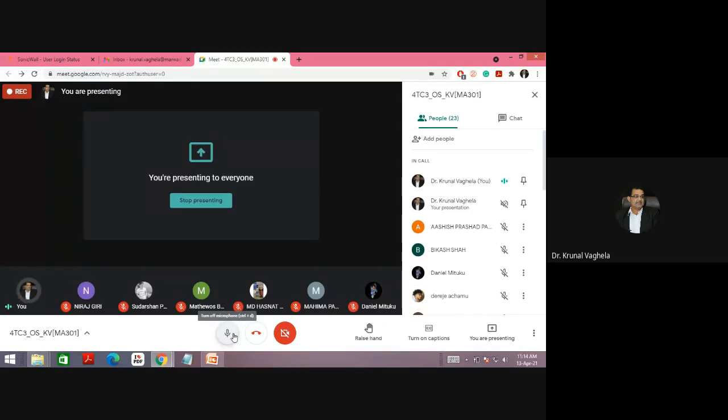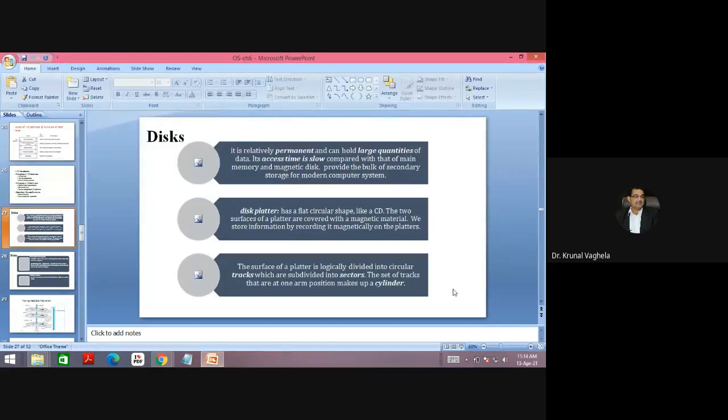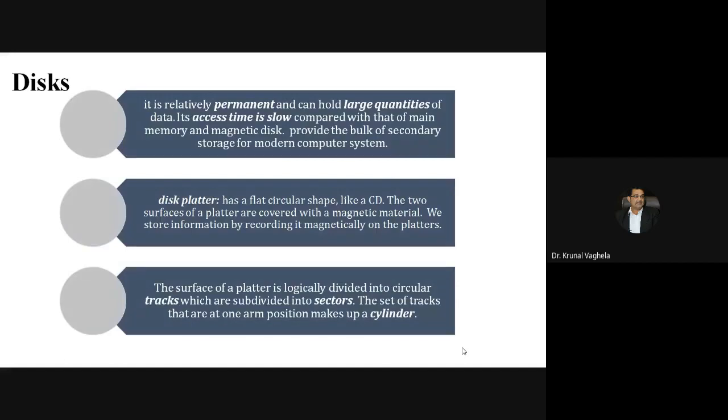I have shown a couple of videos to you, so you can have an idea of the basic structure of the disk that we have seen in the video, right? So let's continue and let's start from the disk. Today we are going to learn many examples also. So please be ready with pens and papers and notebooks, because today we'll see a few examples of disk scheduling algorithms.